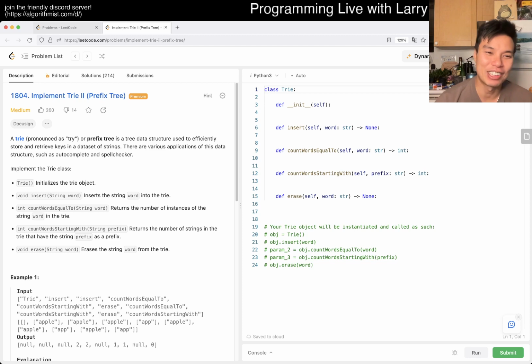All right, so a trie is a prefix tree. Okay. So this is actually just literally implement a trie. So in a regular trie, there's insert. I guess erase possibly, depending on how static or dynamic it is, but with an erase it's going to be more dynamic. I mean, it's not that hard, but it's just